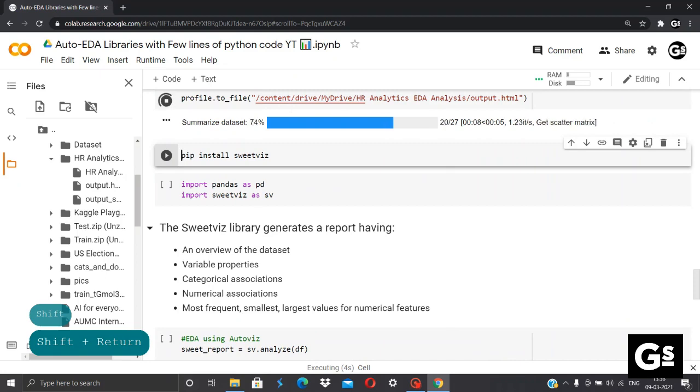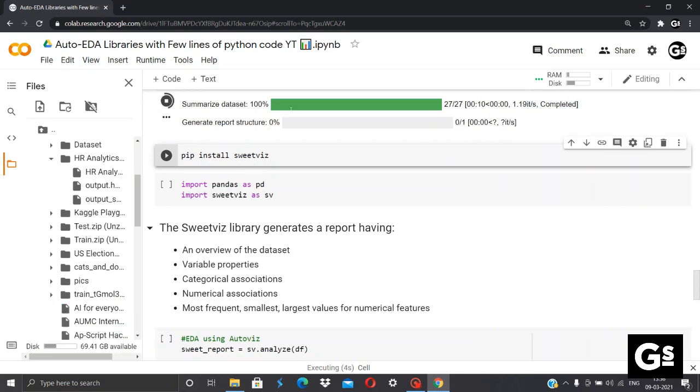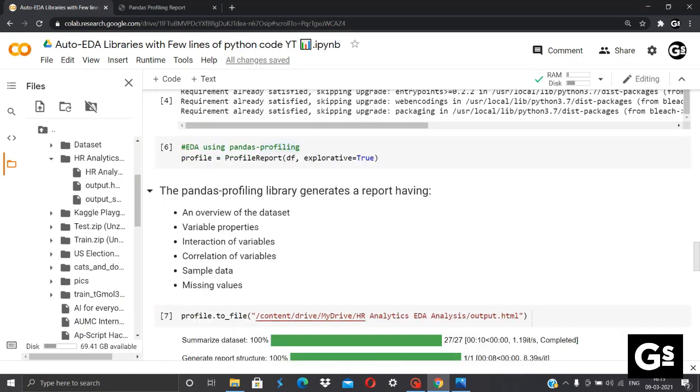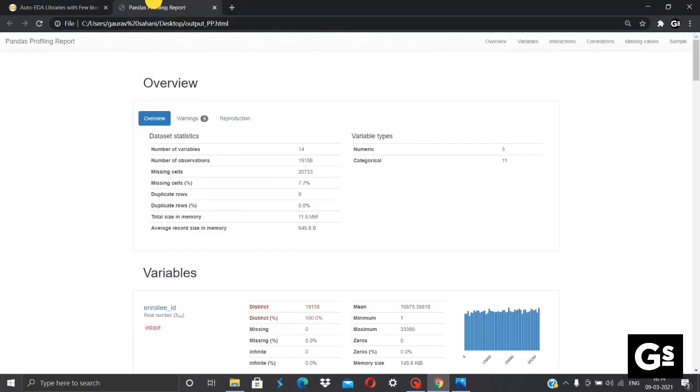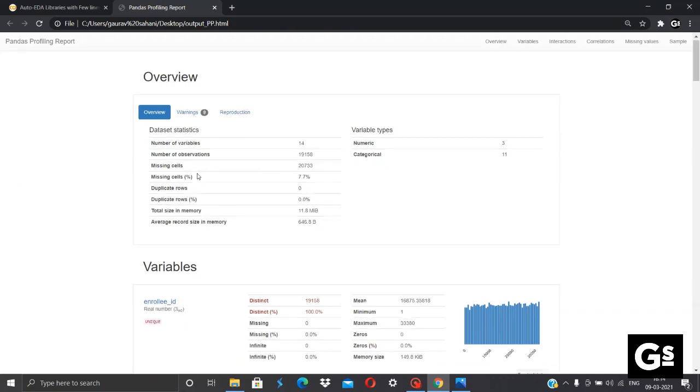The report generated contains a general overview and different sections for different characteristics of attributes of the dataset. We have our first EDA report generated, which is saved in our Google Drive folder. Now when we open this Pandas-Profiling report, we get this. You can see this is the overview of our whole data. There's the number of variables, the missing cells,